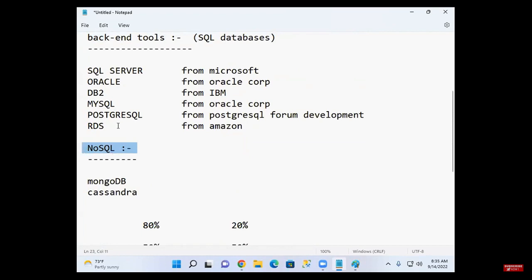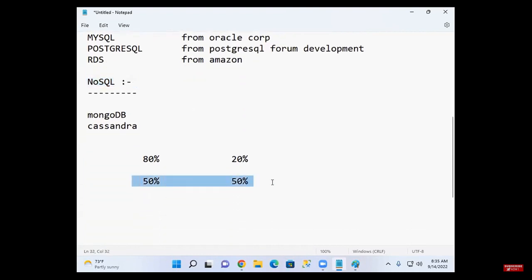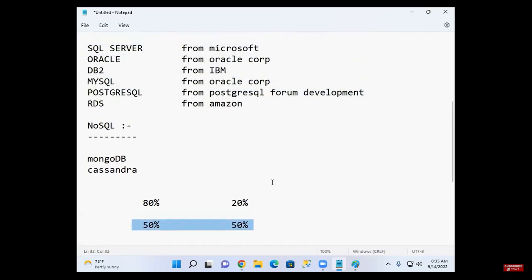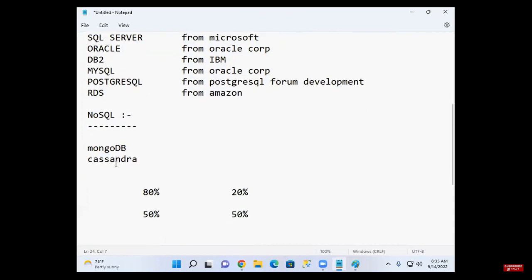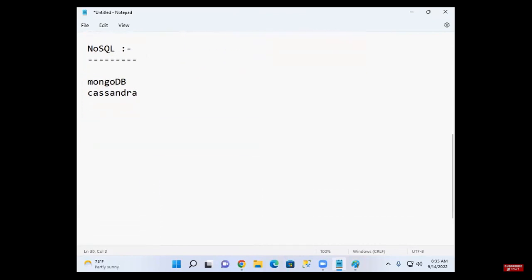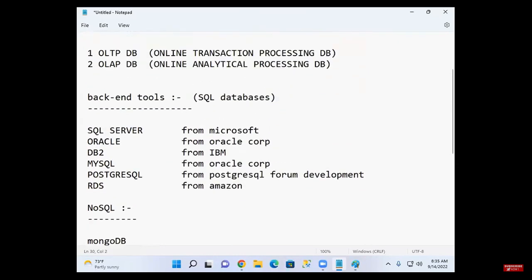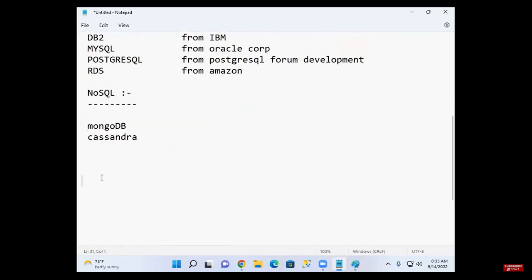Understood or not? Because of this, it has become 50-50 nowadays.